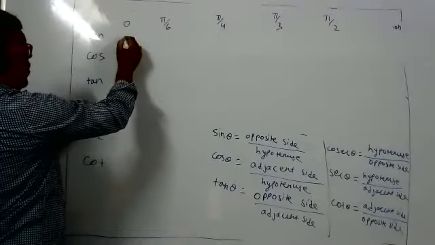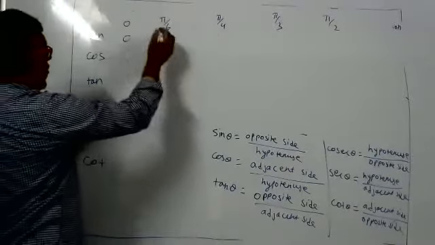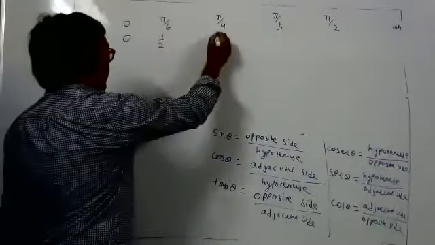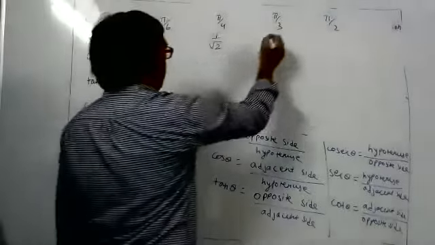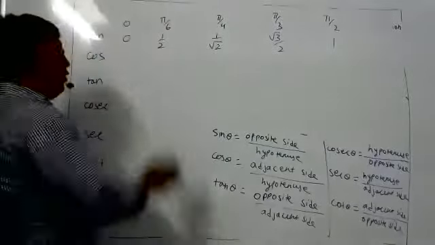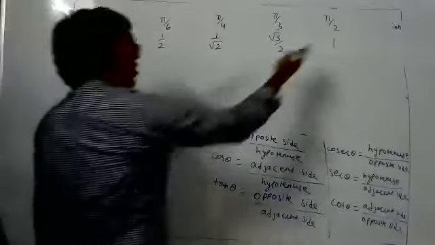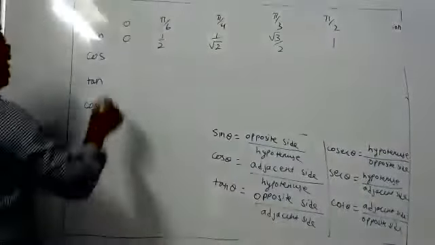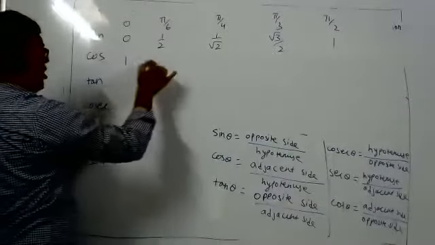So students, sine 0 how much? 0. All of you should know this. Sine 0 is 0. Sine 30 is 1 by 2. Sine 45 is 1 by root 2. If somebody doesn't know, today only you learn this all. You have to learn all this by heart. Just reverse the values for cos, but don't get confused. Remember this all thoroughly.